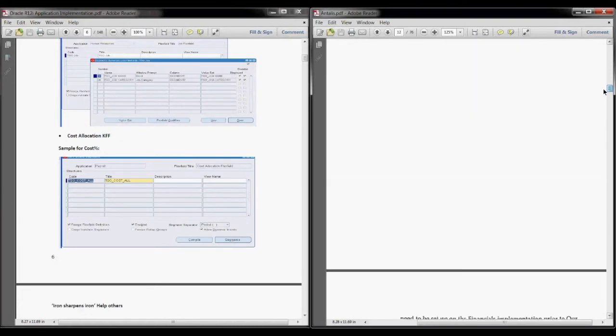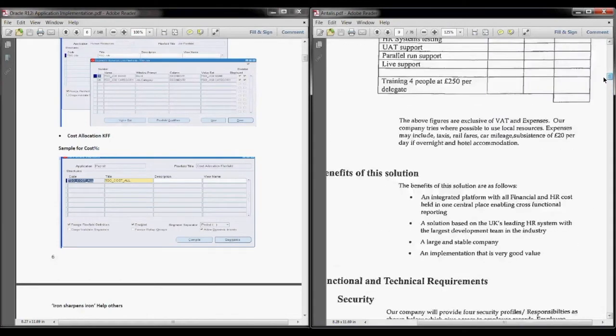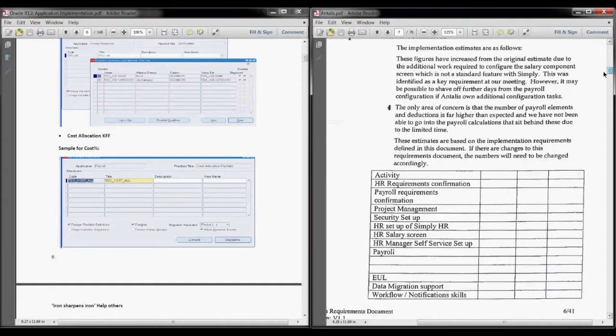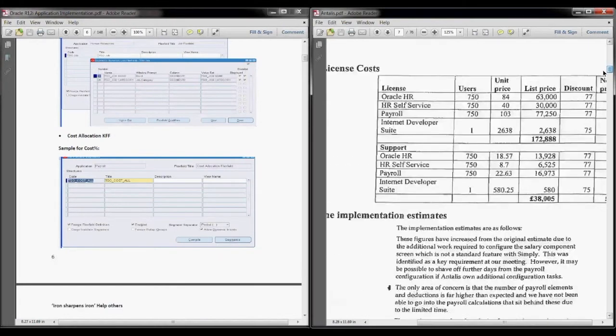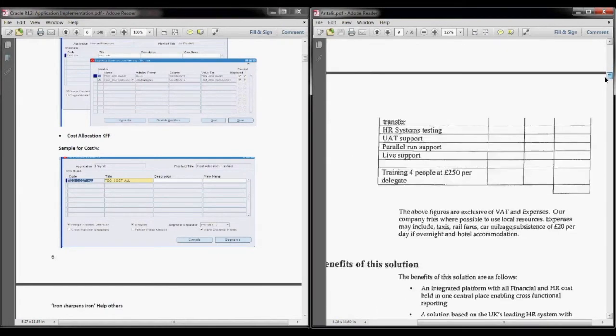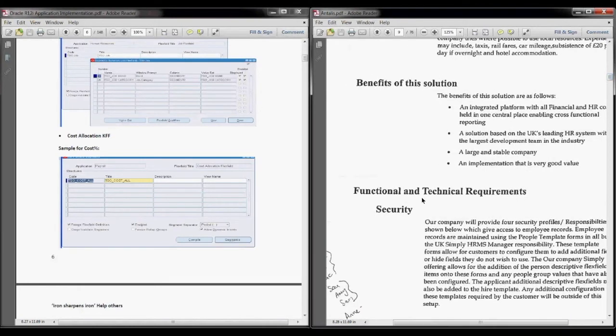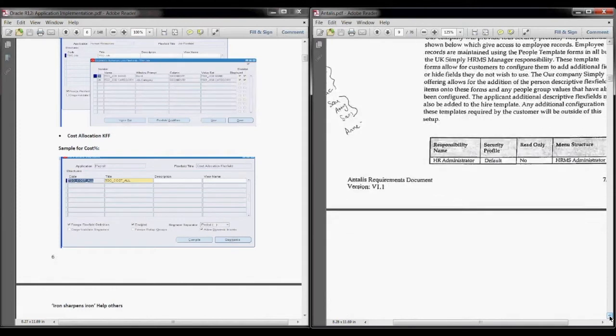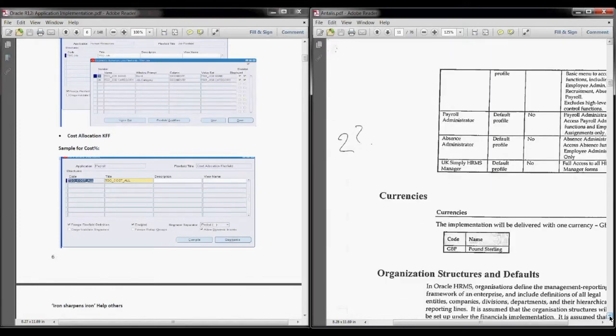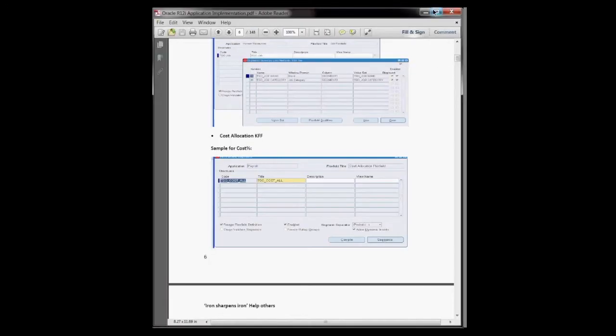I think this document actually started, I would just say officially from here, which has got to do with functional and technical requirements. It doesn't matter where it starts, or what the document says. The main important thing which you need to look at is, okay, how do I start? So for you to start on anything, I'll just minimize this, and so I can just